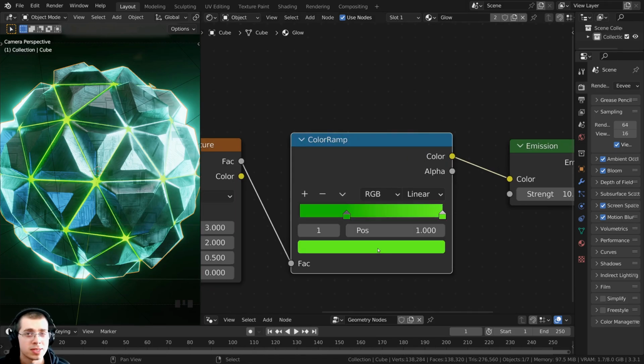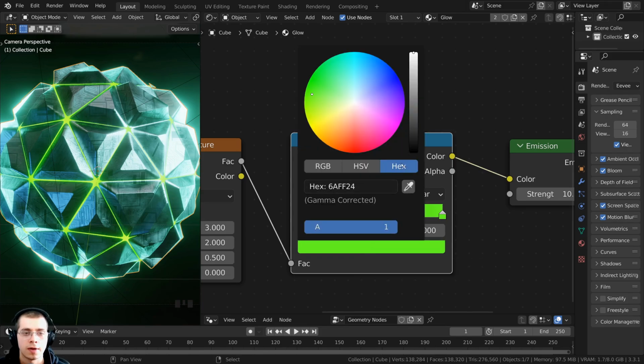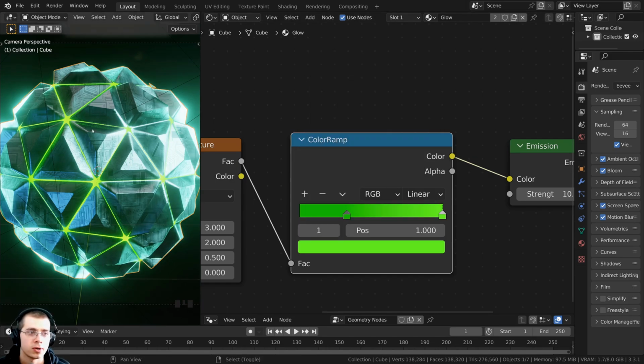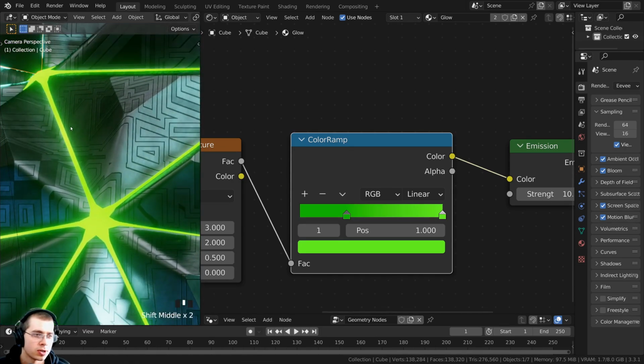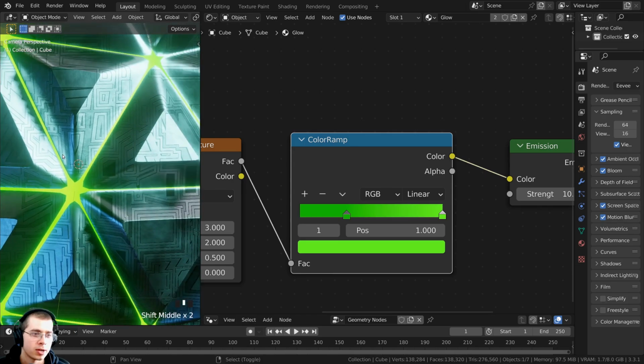yellow. And if you want to use the same exact color for the lighter green, if you click here on the hex value, you can punch in 6AFF24. So that is the color that I'm using for the lighter green. So you can now see that we have some cool variations. So some parts are a little bit darker and other parts are a little bit lighter, but they're all that